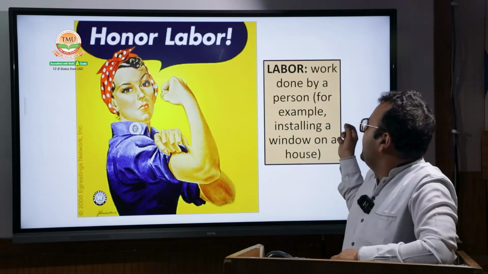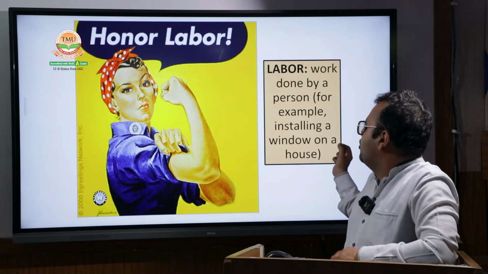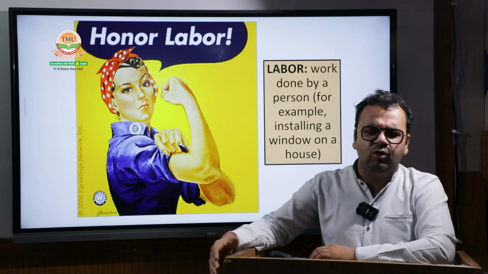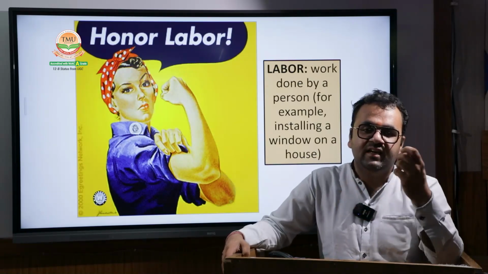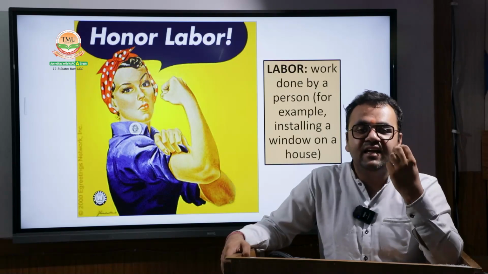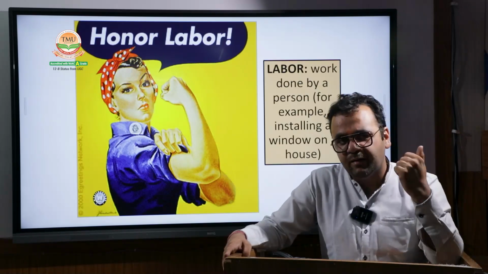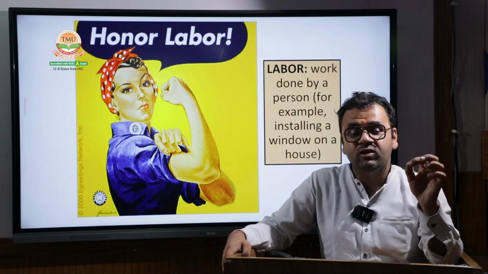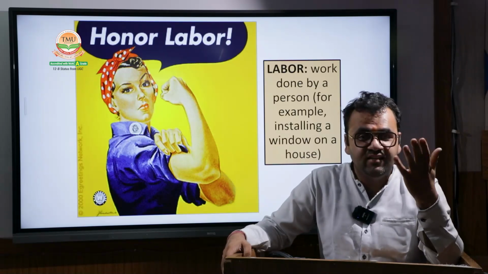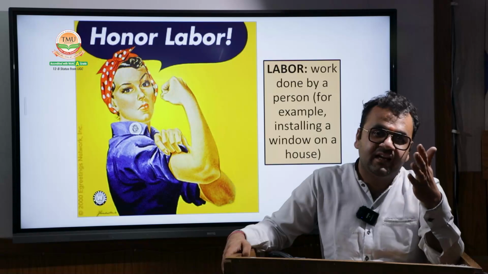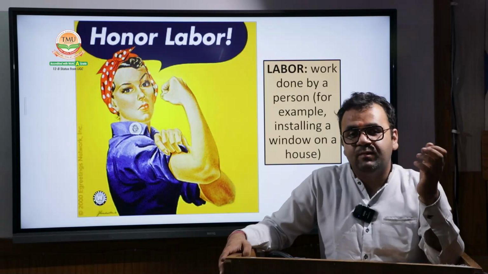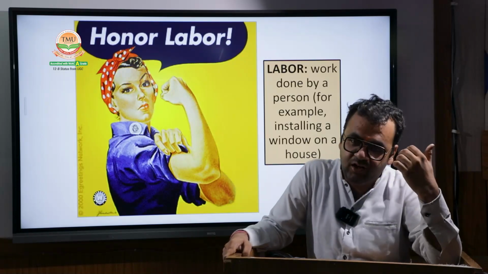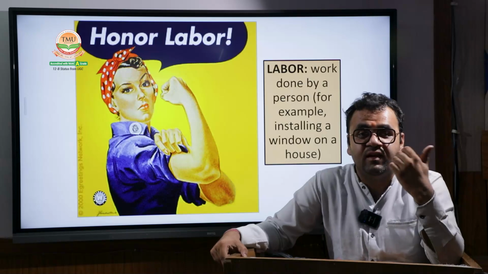Labor. Work done in a day by a person, for example, installing a window on a house. Now you know that there are two ways of production: capital intensive technique and labor intensive technique. What is capital intensive technique? At the time of production, when we use machinery, it is known as capital intensive technique. When we use labor, a particular person, a human being,